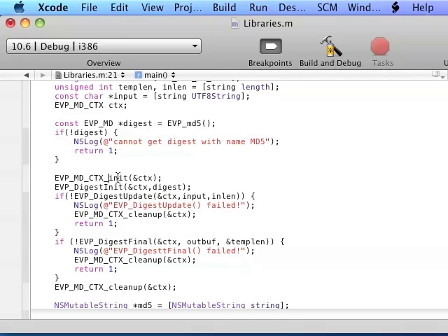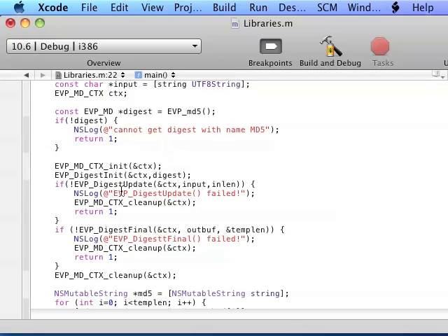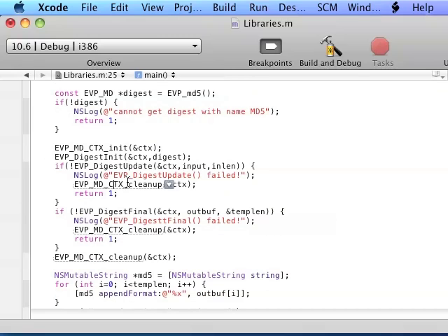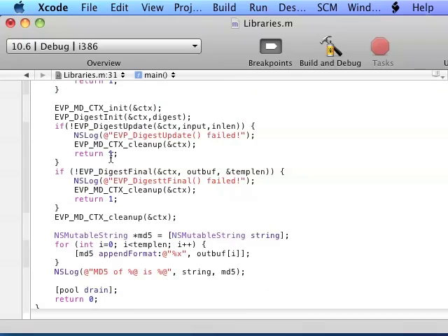And then we're initializing the context with EVP-MD. We're initializing the digest with EVP digest INIT. And then we're adding to the input from the string. If it does not work, then we're just saying it failed, and we're cleaning up the context, returning 1. If it did work, because whenever we return, it completely ends that function, then we're going to EVP digest final,